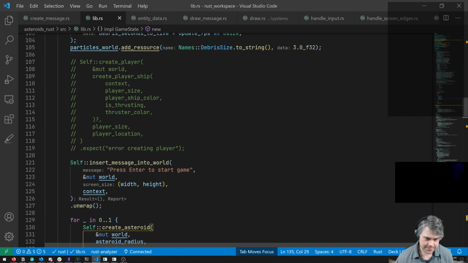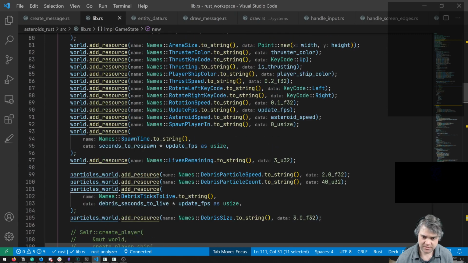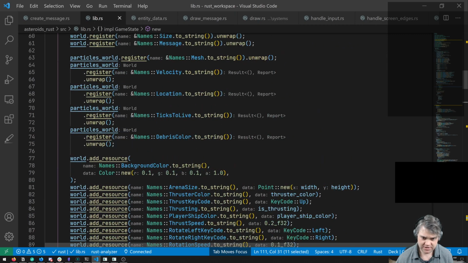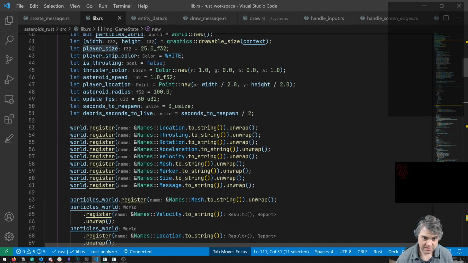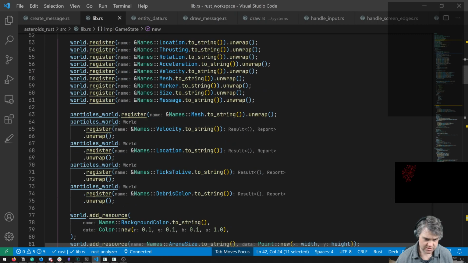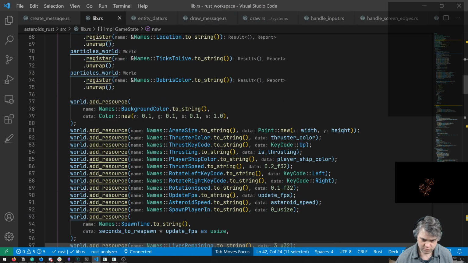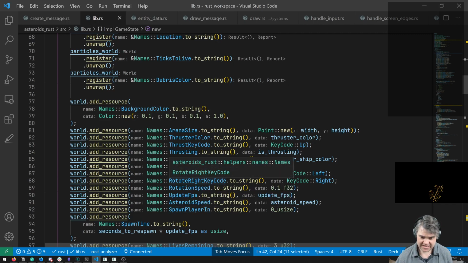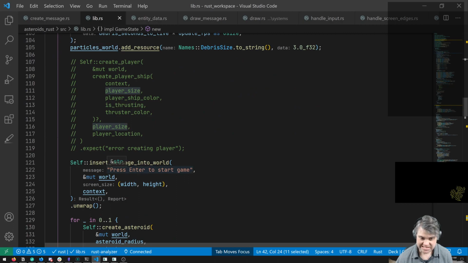Let's see. All of these are being added as a, are they being added as a resource? So we have player size. We register. We do not add player size as a resource. Okay.